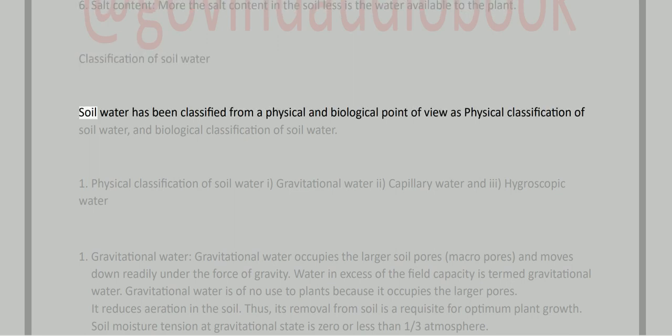Classification of soil water. Soil water has been classified from a soil moisture tension at gravitational state. 2. Capillary water. Capillary water is held